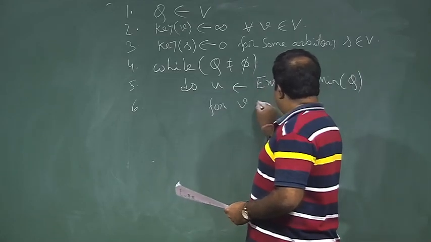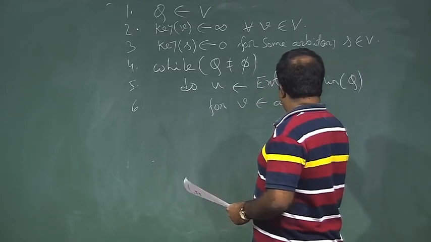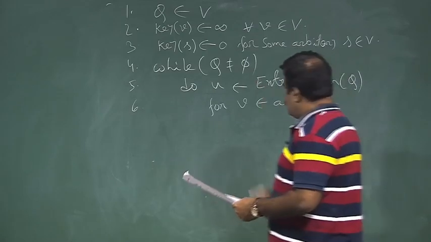For each v in the adjacency list of this u, so what we do,